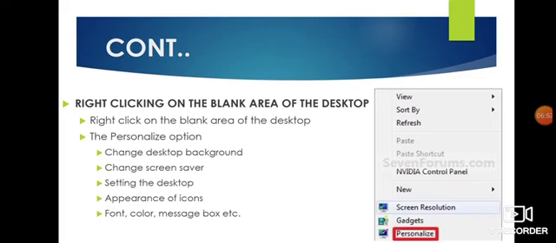In the personalize option, we have already seen that we can change the desktop background, change the screensaver, set the desktop, change the appearance of icons, and also change the font color, message box, etc. Whatever setting you want to do, you just have to go through this personalize.